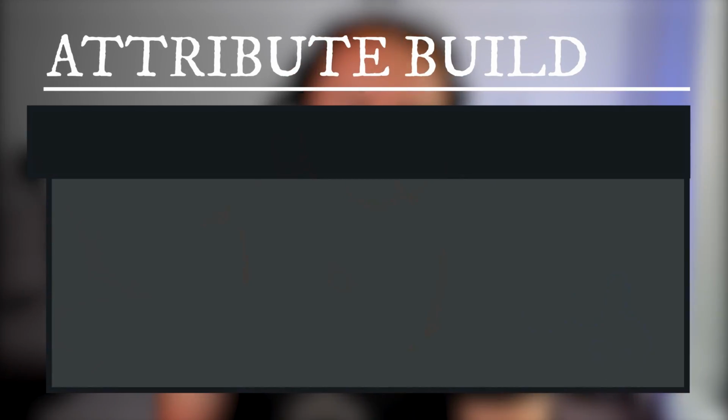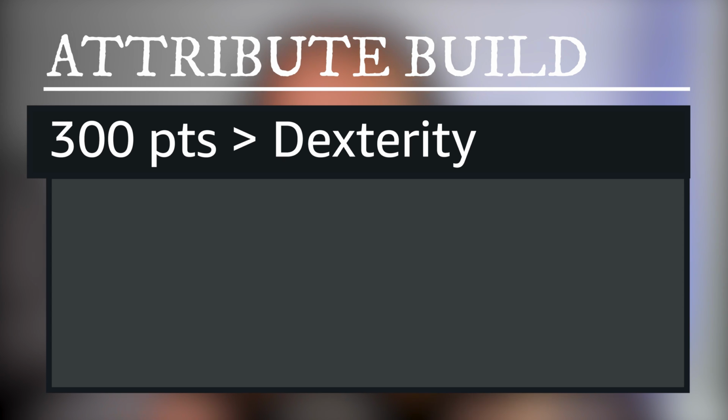You should have, give or take, around 450 attribute points by now. You may have a bit less, you may have a bit more. That will depend on the gear that you're wearing and everything. But on average, you should have around 450 points. So the way we're going to spend this is we're going to put 300 points into dexterity, and that is